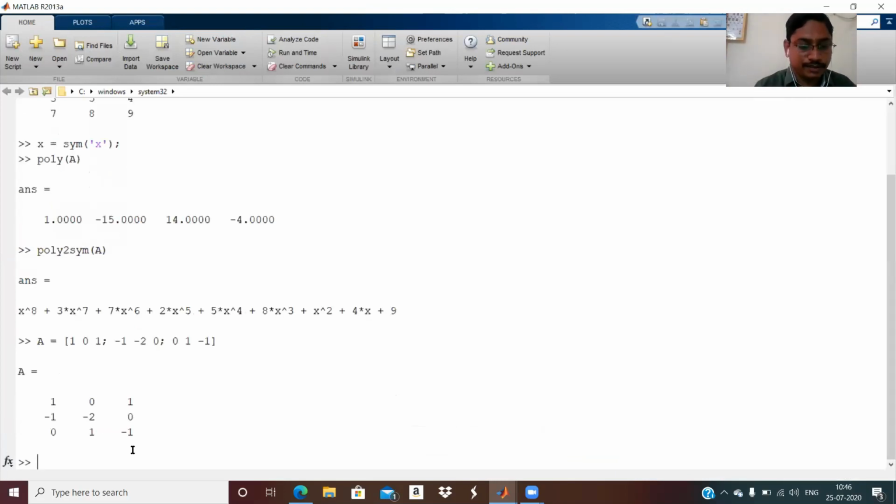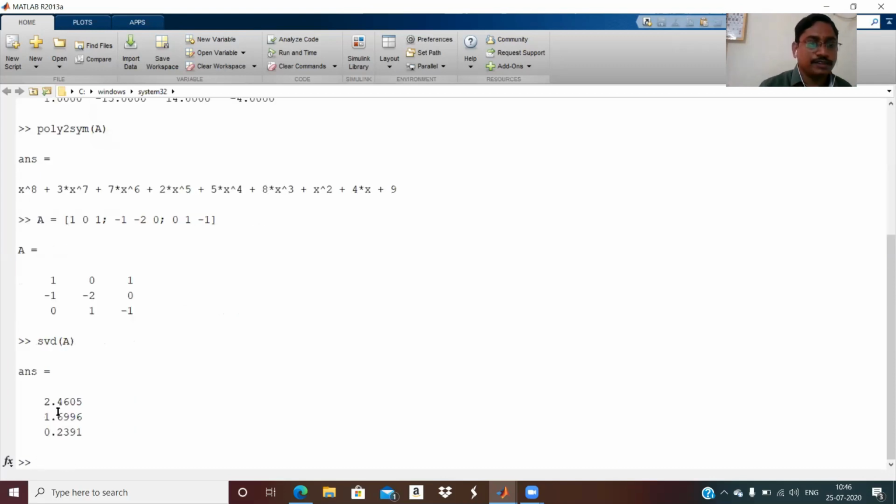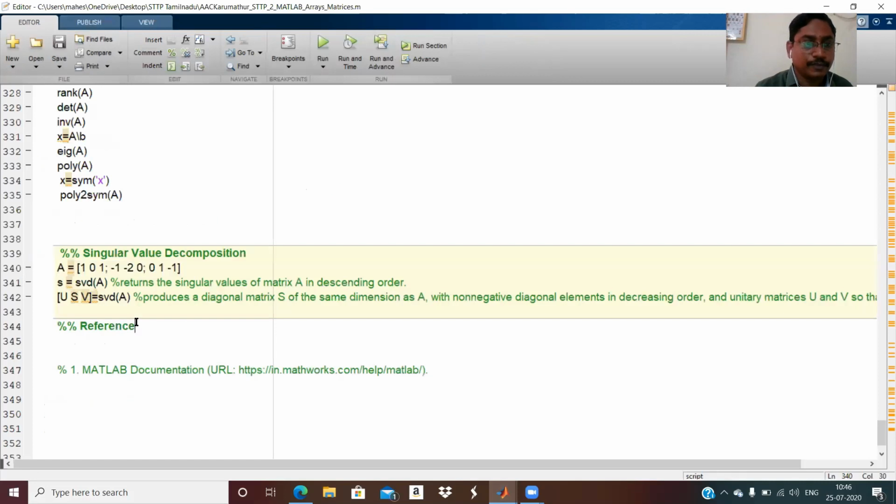This is A. This is the decreasing order of singular values of A. And you want to find the unitary matrices U and V satisfying that.